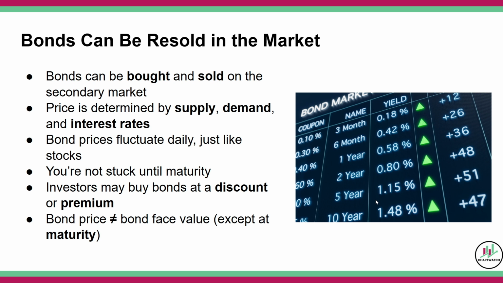It is affected by interest rate changes, investor demand, and even the issuer's financial health. So for example, if interest rates go up, your bond's fixed interest becomes less appealing because a newer bond is receiving more interest over time, and its market price therefore drops. On the other hand, if rates fall, your bond looks more attractive, so its price rises. Let's say your bond pays 3%, and then the market interest rate decreases. This means your bond is receiving more money than the market one would be. Therefore, your bond is now worth more money.